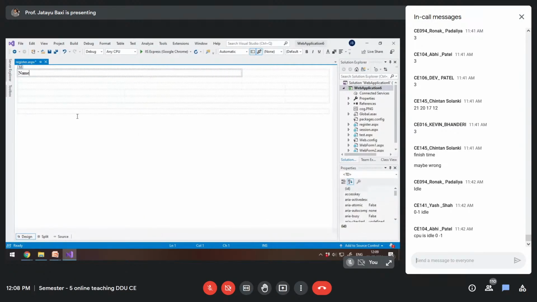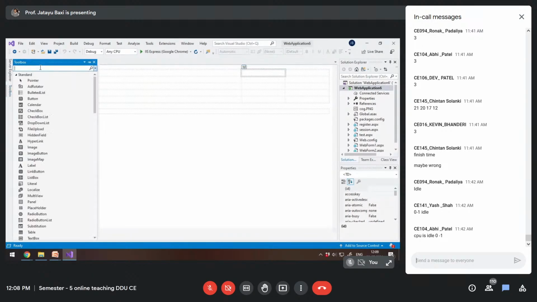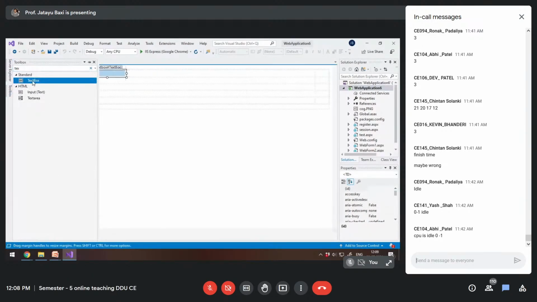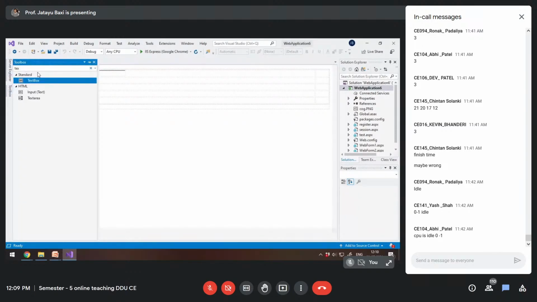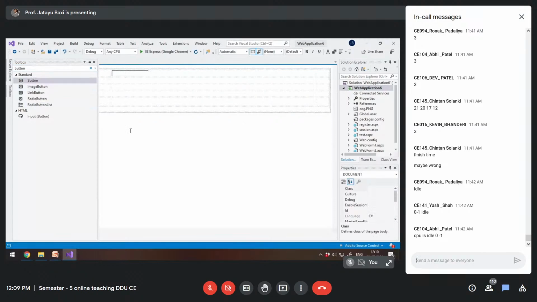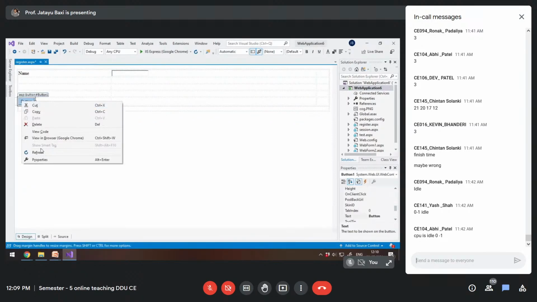So here let's say name, and I want a text box. And here I will write a few more controls. And this is a submit button.